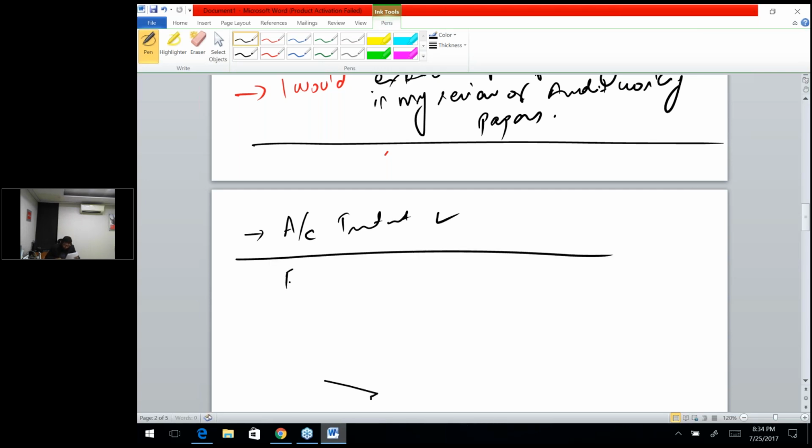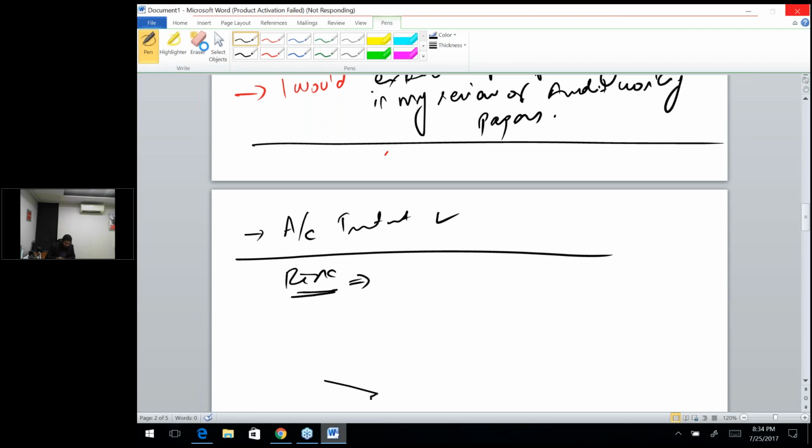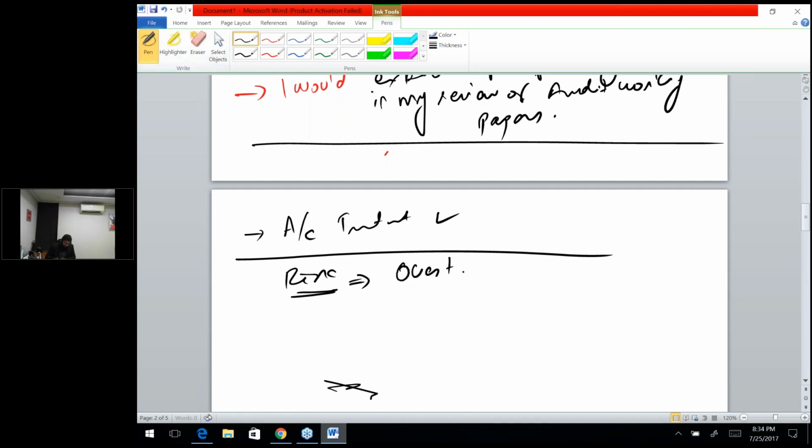Now, what is going to be my risk? I'm telling you that the accounting treatment apparently seems to be okay, but I think that there is a risk. And what is that risk with respect to this inventory? The risk is that the inventory is overstated. Now, why would the inventory be overstated? Because it says that the labor cost is based on estimate. You don't have the actual data. It's just an estimate of how much time it will take to produce one single unit.